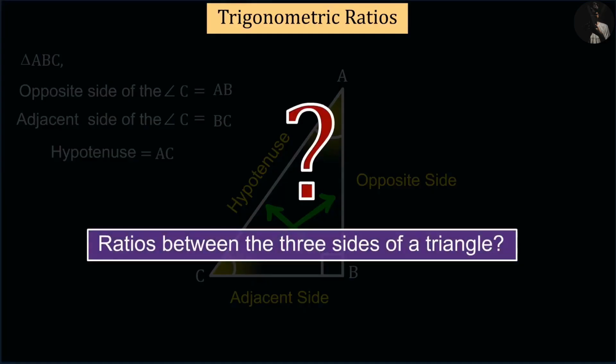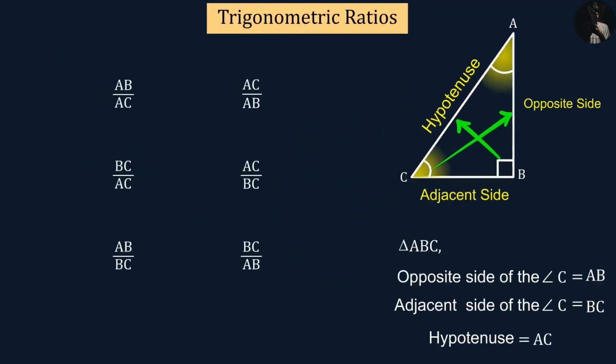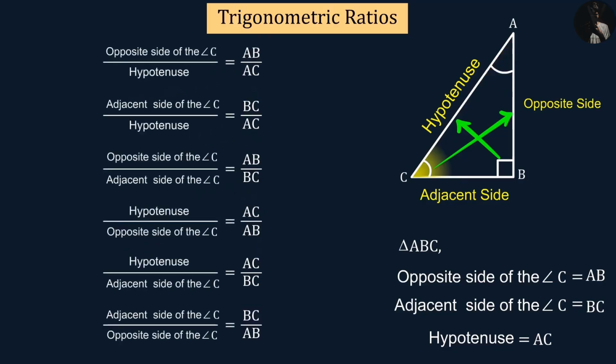How many ratios can be found if you calculate different combinations of ratios between the three sides of a triangle? Let's see. Now, if we write the ratio between the given sides, then we get these 6 ratios. Now, if we study the obtained ratios with respect to the angle C, we get these 6 trigonometric ratios, which